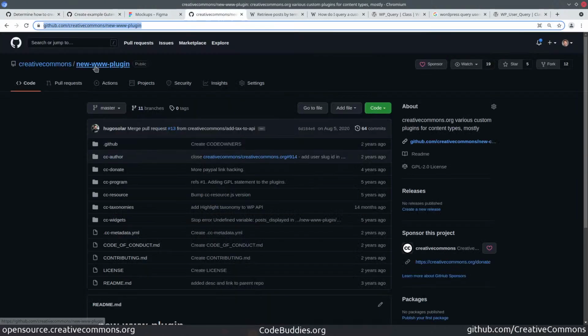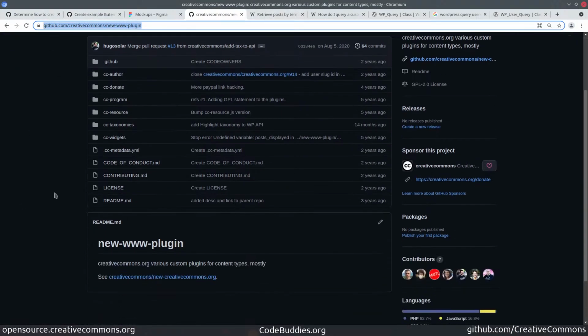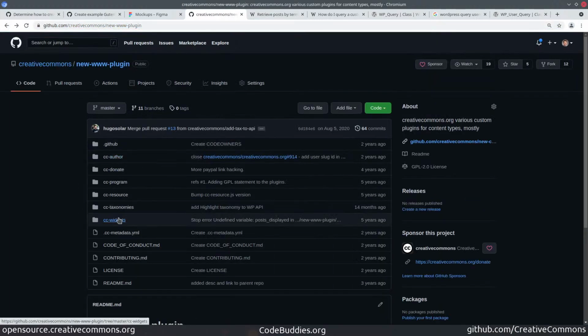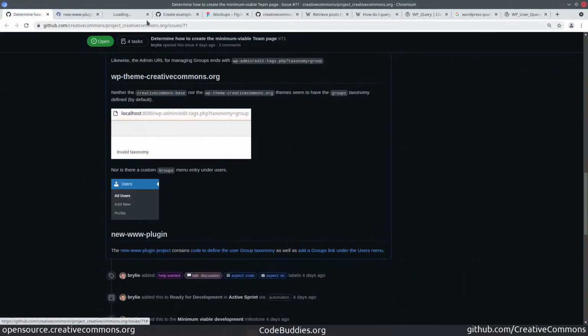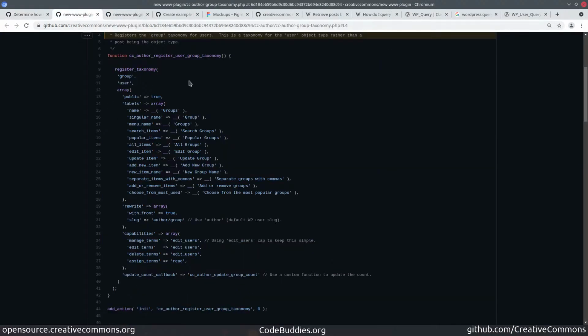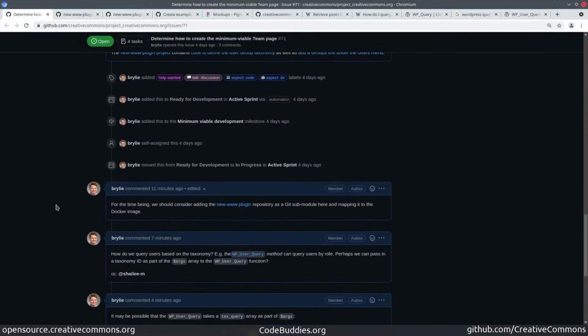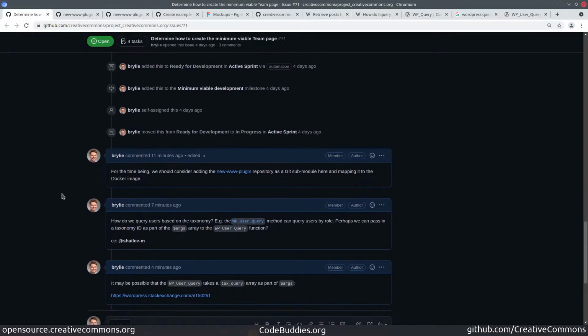So here's our new www plugin and a couple of related files where those are created. I linked into this issue, registering the group taxonomy for users, and then doing things like adding the menu page and menu items. The remainder of this task will be, I think, clarifying how to run queries against users, WordPress users, and